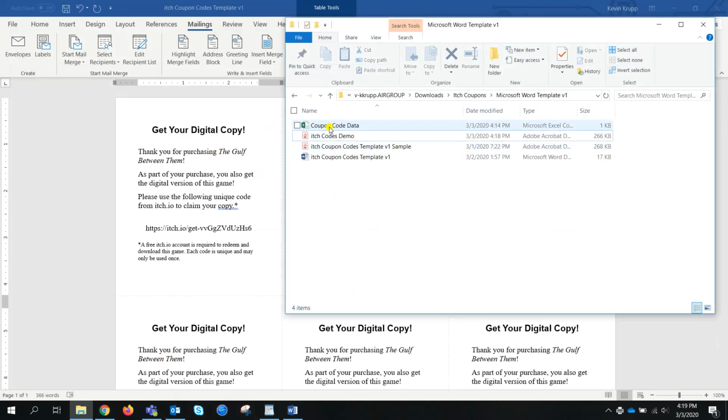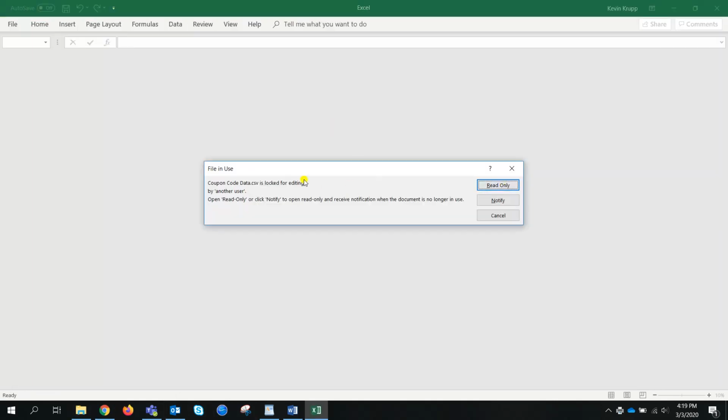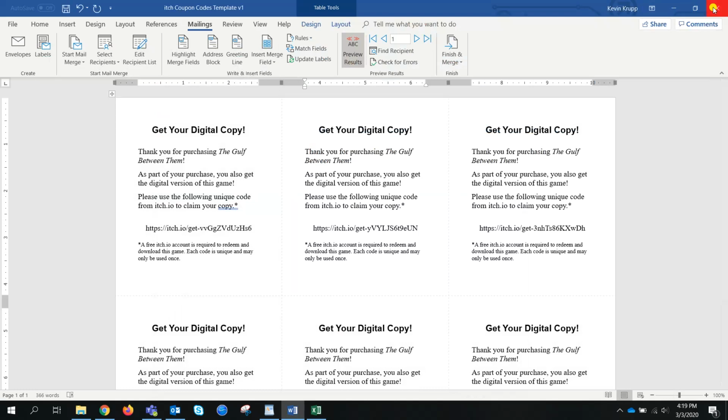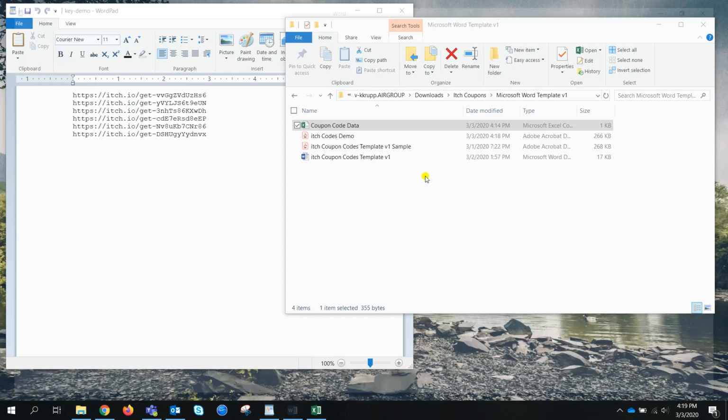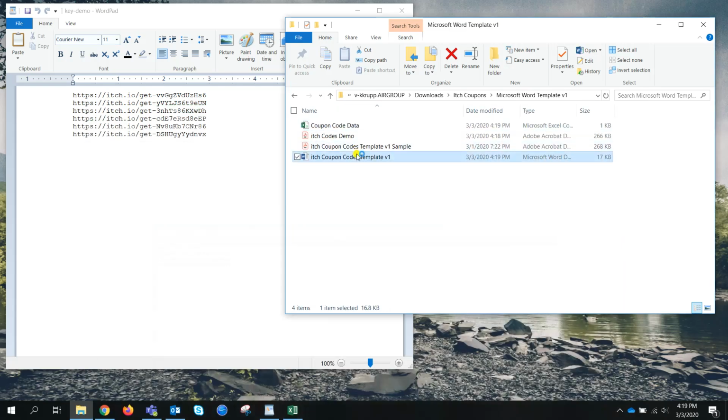So, for example, if I go back to my CSV, now here's something important. I have this template open. If I open up the CSV again, it says it's locked for editing, and that's because I have the template open. Now, if I go ahead and close this template, I can open up my coupon code CSV, delete a couple rows, pull open the template again,